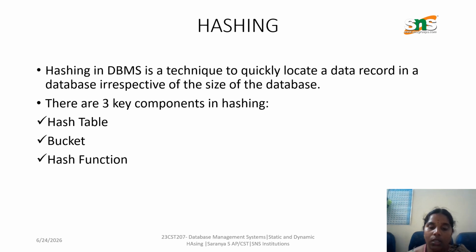This is called a collision. To counter this, a collision resolution technique will be applied. Now whenever a query specifies the record, the hash function will be applied and return the